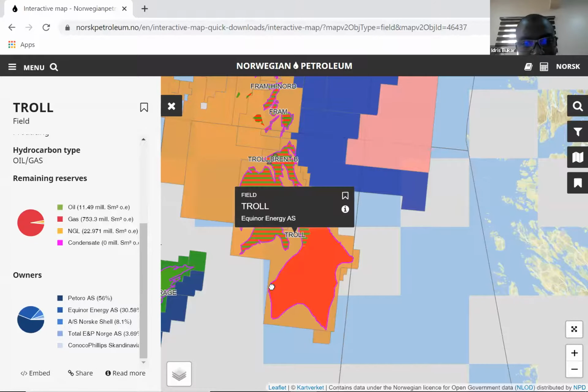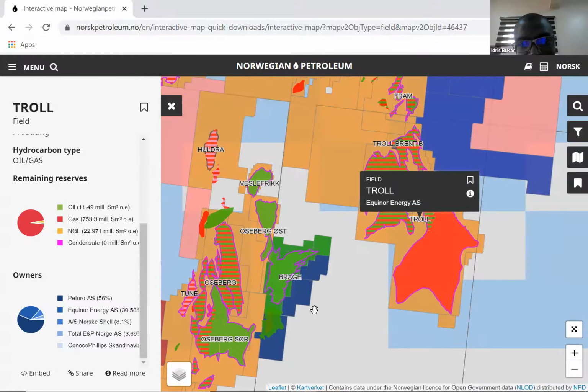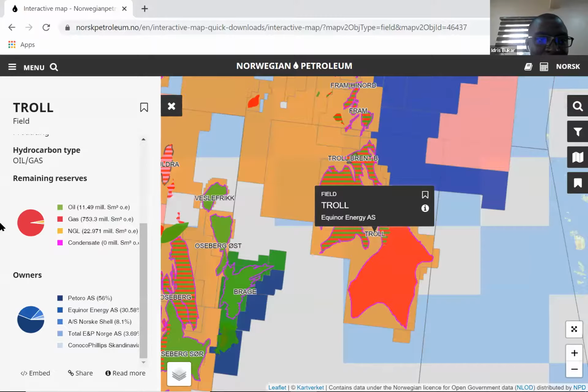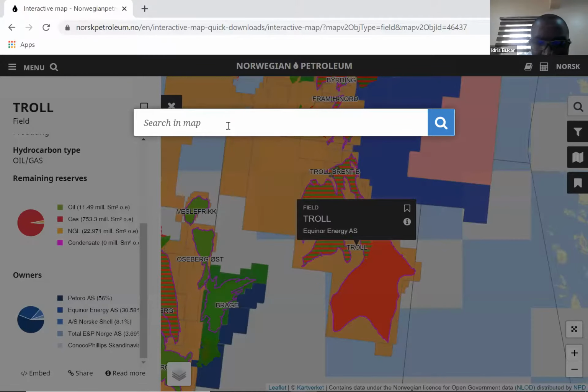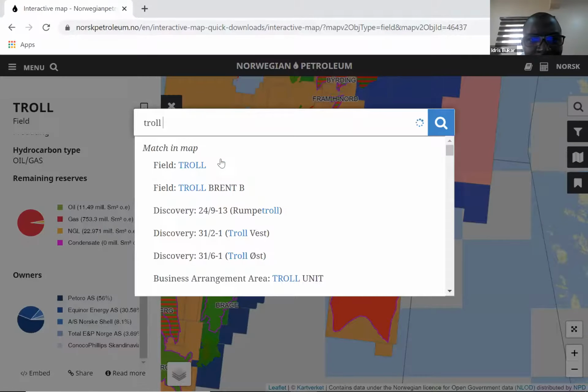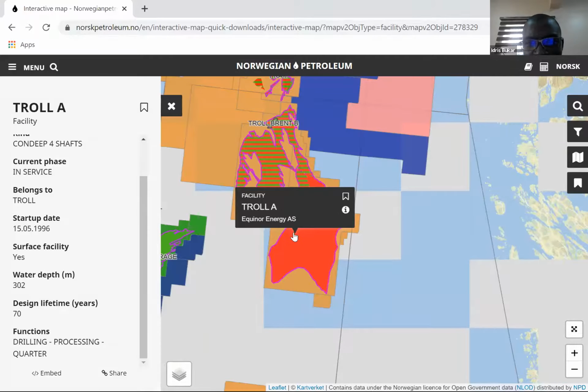Okay, so there are so many other fields, and you can even look at the platforms, how much remaining reserves, the owners. So this is quite democratized, if you like. You can even find out where the Troll A platform is located. So just right here, where this little callout starts from, sort of top of the structure, if you look at the map, you look at the interpretation. So that's where that concrete structure is sitting.